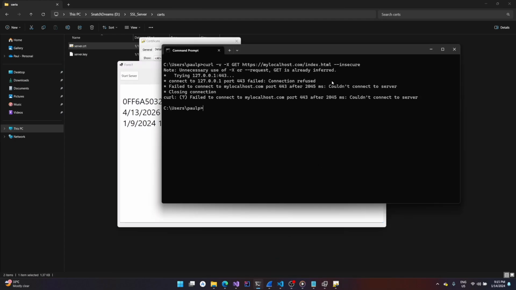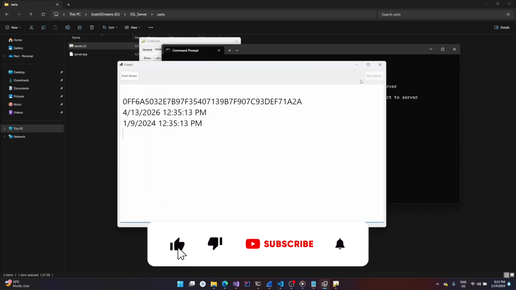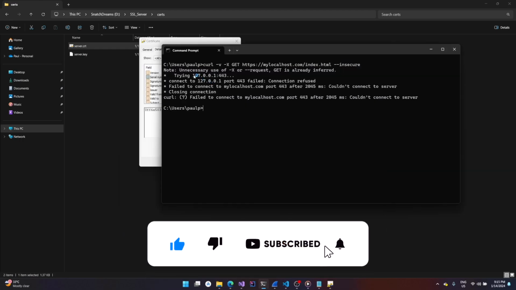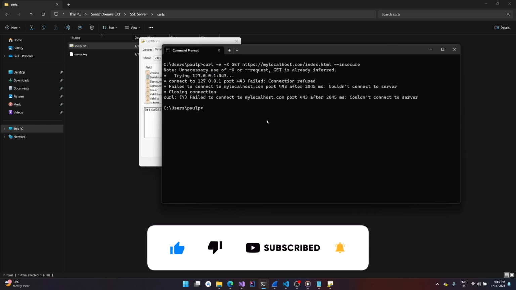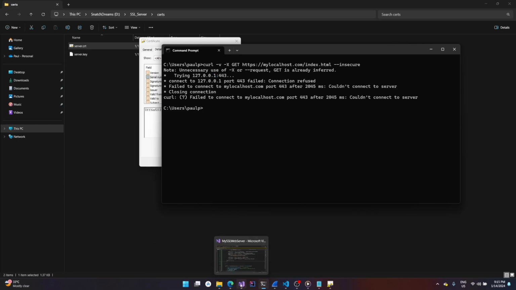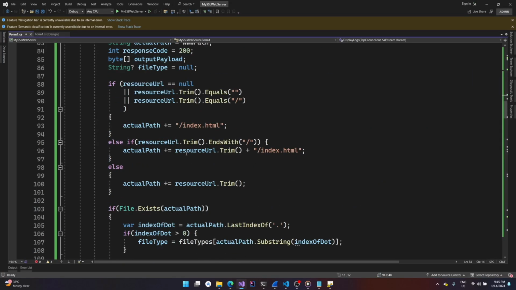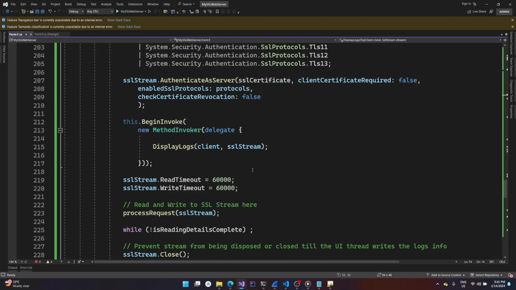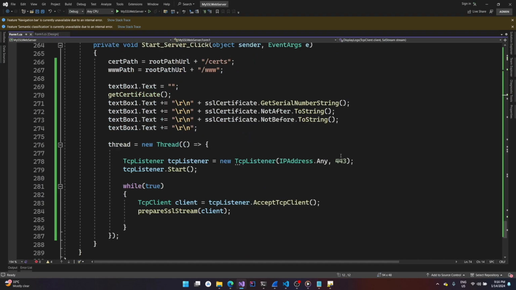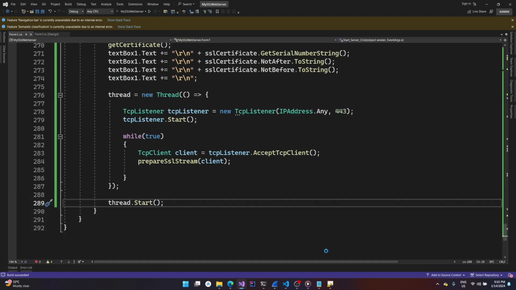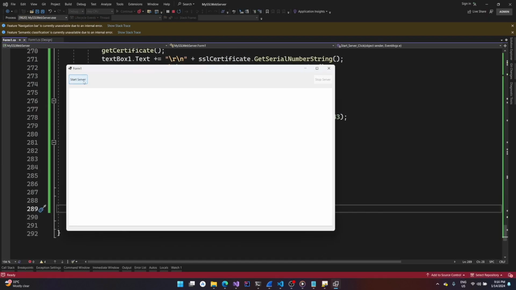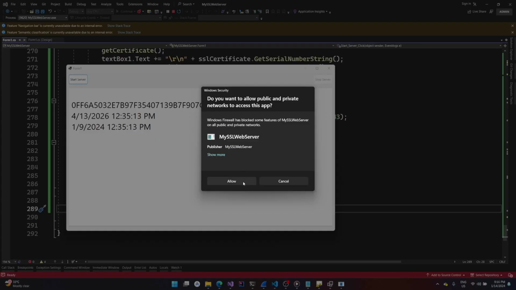Okay, something happened. I don't know what happened. It got resolved to 127.0.0.1, but unfortunately our server was not listening there. So here I'll go over here to the TCP listener. 443 is the port, and we have the, okay, my bad. I forgot to call thread.start. My bad. Okay, and start the server again. And yeah, this time, yes,